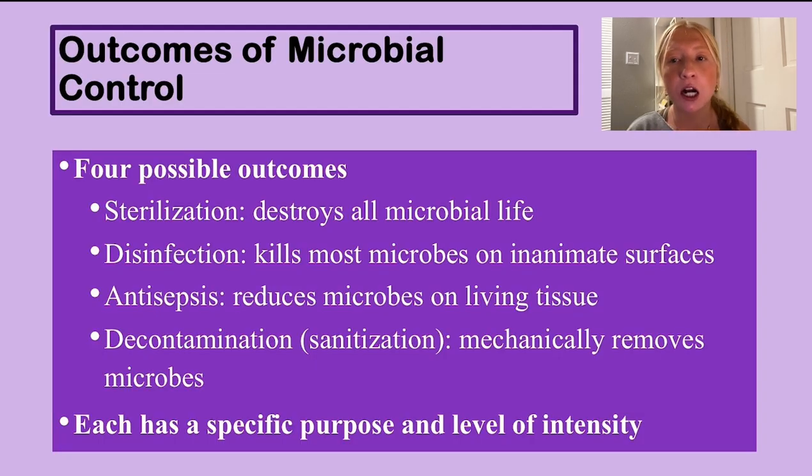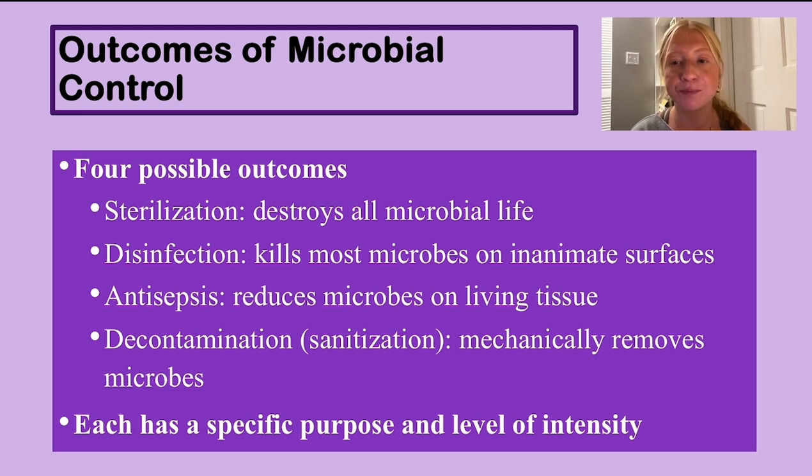So there are different outcomes of microbial control. Sterilization is the complete destruction of all microorganisms. This includes bacteria, endospores, and viruses, completely gone, and it is used for things like surgical equipment that need to be completely clean. And then there is disinfection. Disinfection targets vegetative pathogens, and vegetative means they are actively growing and reproducing. It does not kill spores,